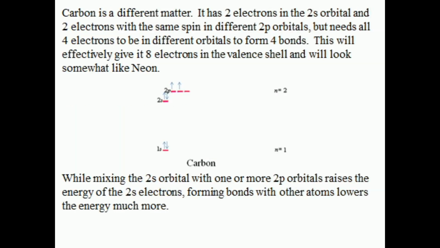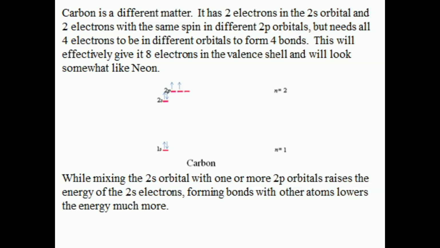Carbon is a different matter. It has two electrons in the 2s orbital and two electrons with the same spin in different p orbitals, but needs all four electrons to be in different orbitals to form four bonds. When it forms four bonds, each molecular orbital will have two electrons in it, and so the carbon will look like it has 8 electrons around it in the outermost shell,